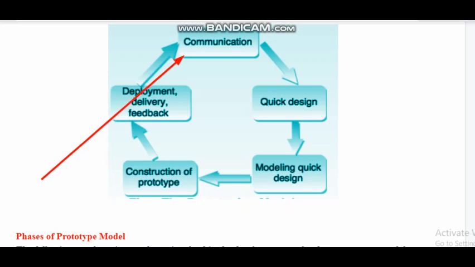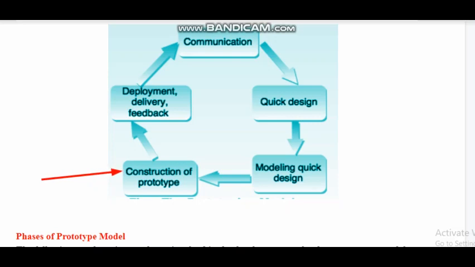Then in the design phase, we take this information and go for a quick design, following different types of designs. After making a quick design, we go for modeling the quick design. We take these designs, finalize them, and then go for construction of a prototype.